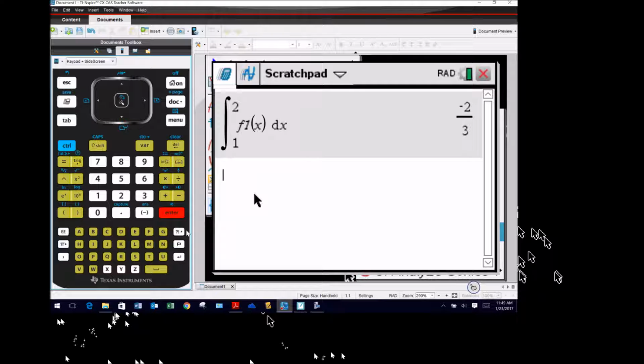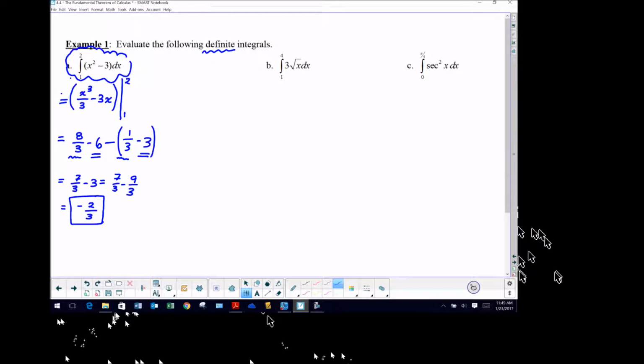What's changed is the way that we're going to go about finding it, and we're going to use our skills of integrating now, which is much more convenient. All right, let's take a look at these other two examples. Probably won't do the calculator work with them now that you're all convinced, but we can practice this definite integration